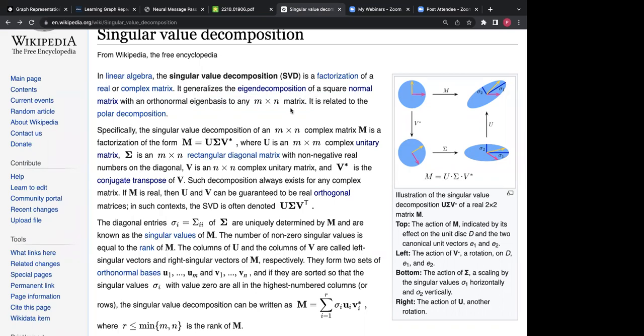You can also show that if it's a non-square matrix, if you multiply it with itself, if you do,